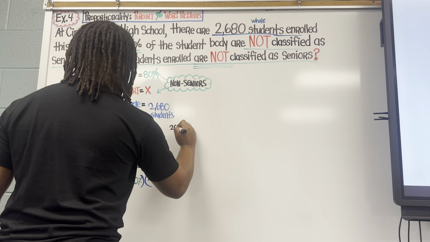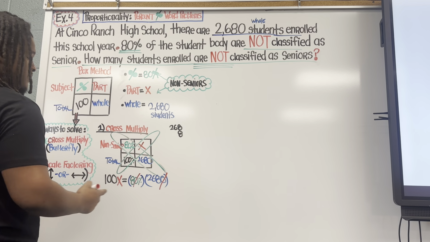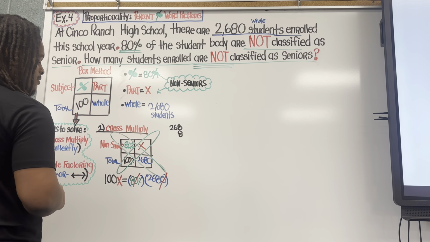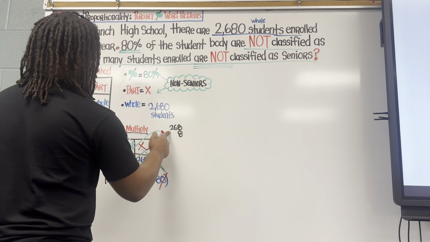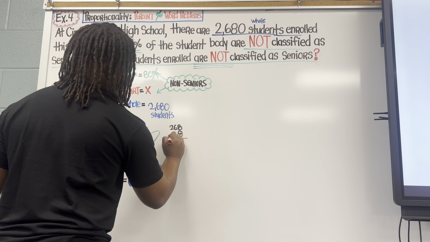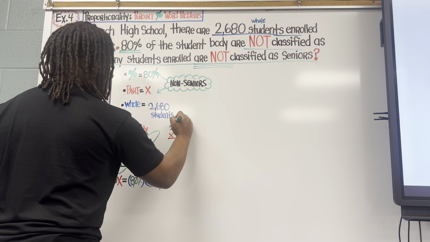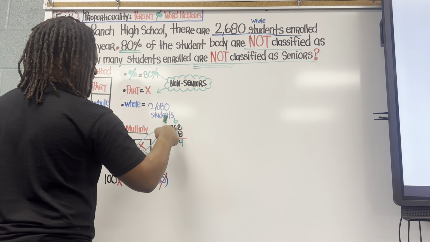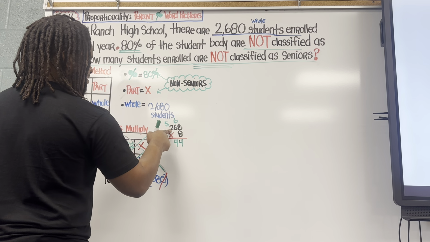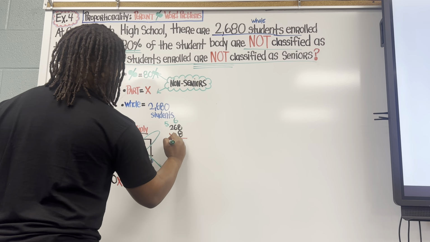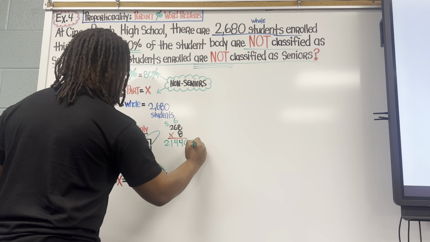Once again, guys, remember I can cross out these consecutive zeros starting at the ones place. I can cross them out and reattach them. So instead of doing 80 times 2,680, I can just do 268 times 8. Okay, so let's go ahead and do that. 8 times 8 is 64. 8 times 4 is 48. 48 plus 6 is 54. 8 times 2 is 16. 16 plus 5 is 21, right? But remember, guys, I have to attach those two zeros. So it's actually